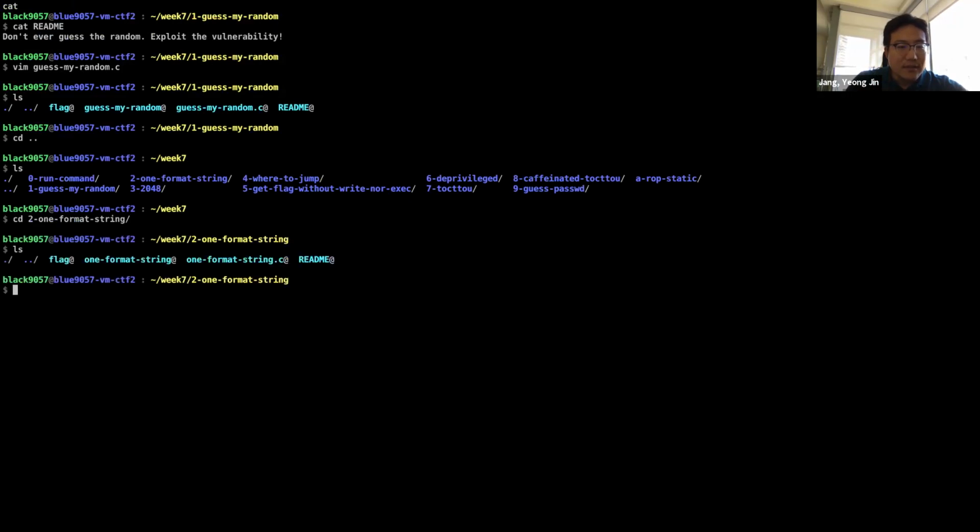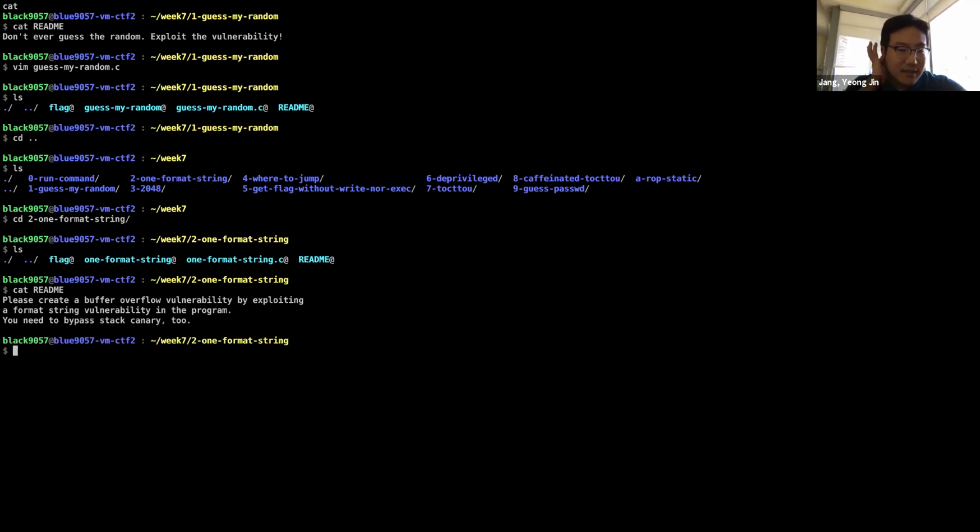Then let's read the readme first. It says please create a buffer overflow vulnerability by exploiting a format string vulnerability in the program. So we need to create a buffer overflow vulnerability by exploiting the format string vulnerability. And in doing that, we need to bypass the stack canary too. That means